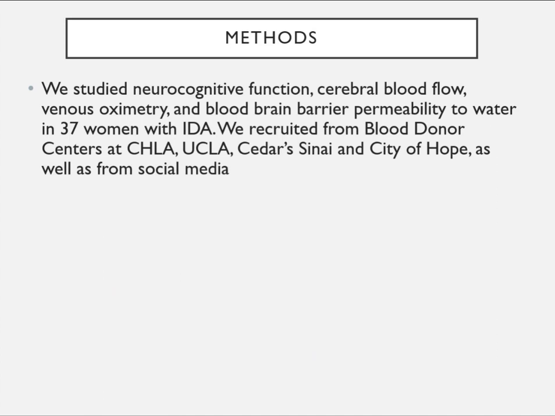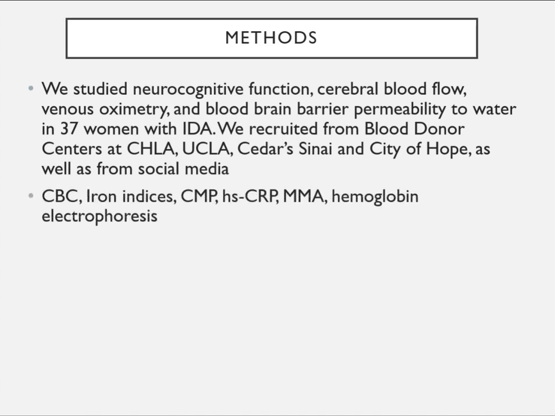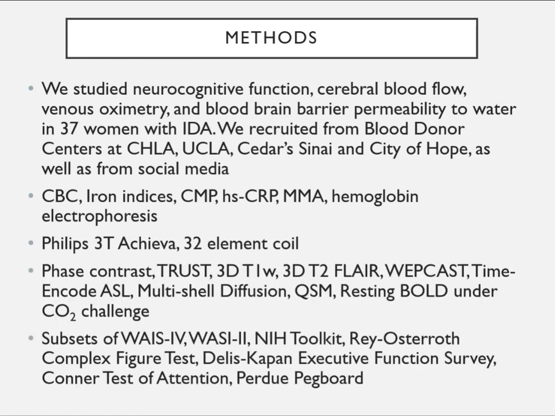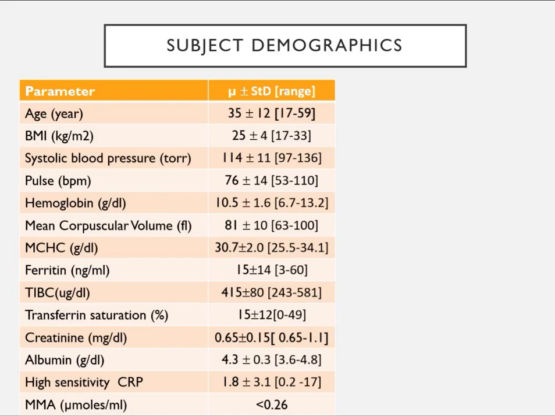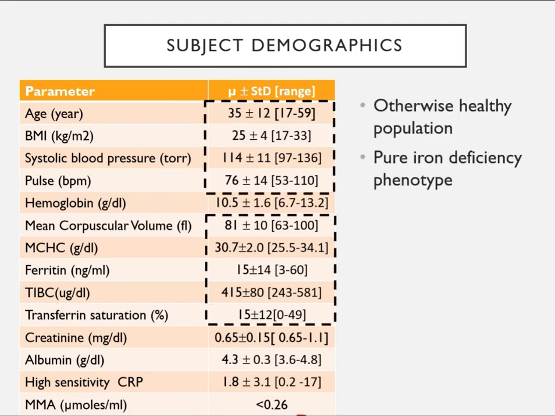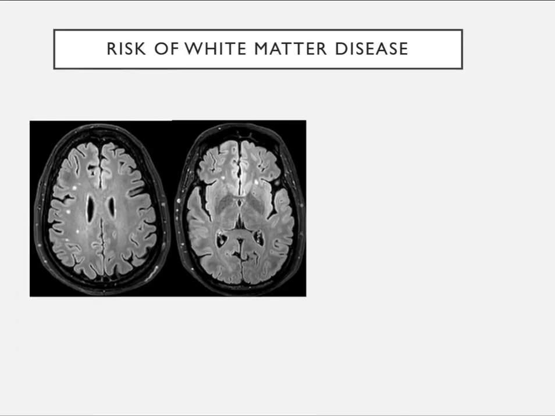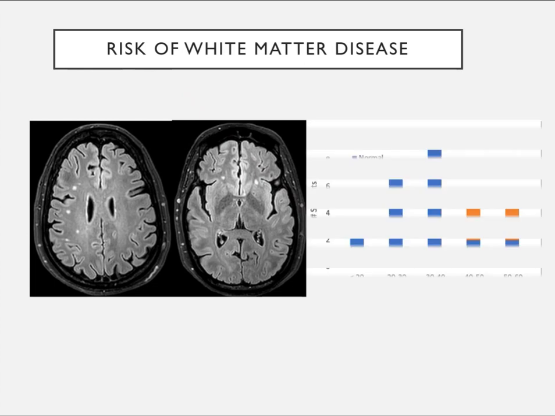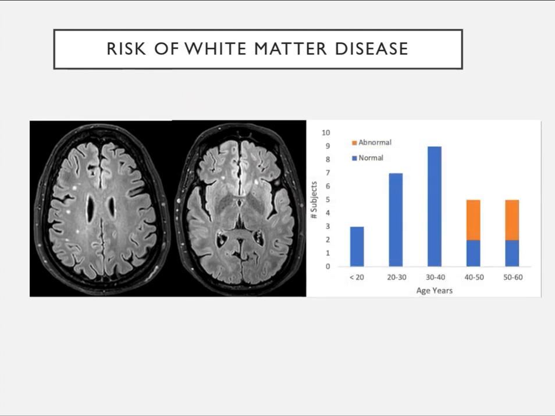So this is a pilot study we did in 37 adult women with IDA. Let me just get to the money here. So otherwise healthy, iron deficiency phenotype, broad range of hemoglobins because of our screening criteria. And we did look at white matter hyperintensities. In the younger age groups, there was no increase in risk, but the older women tended to have apparently an increased risk of,